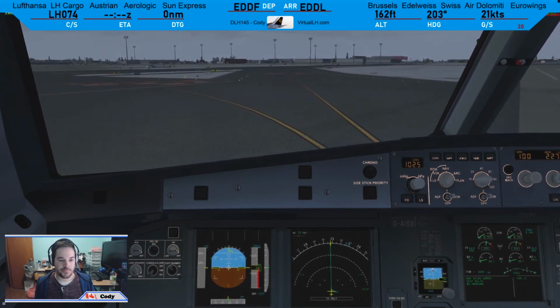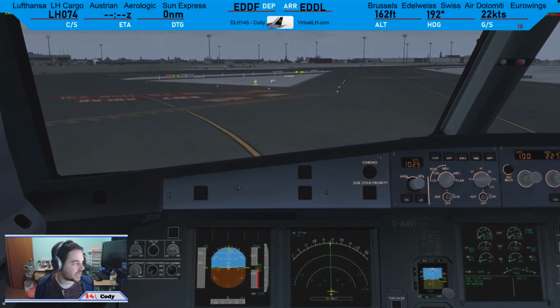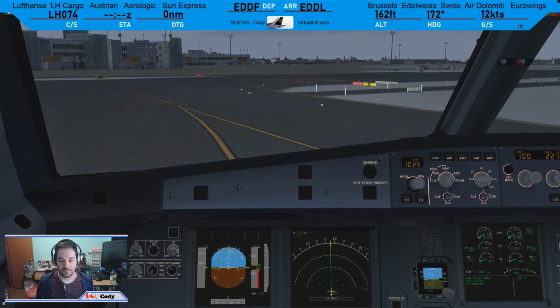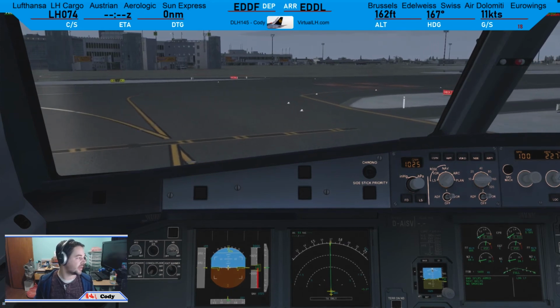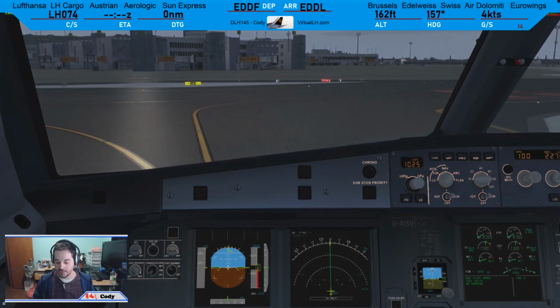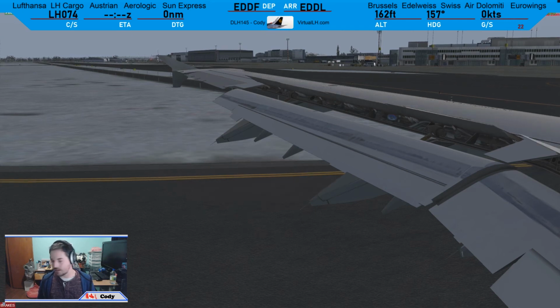There we go. Düsseldorf traffic, Lufthansa 74 Charlie has vacated left onto Lima 6. Awesome. And the gates are right in front of me. How about that? So let's check out. Let's stop here for a second. Have a look, see outside here. Bring those guys in and